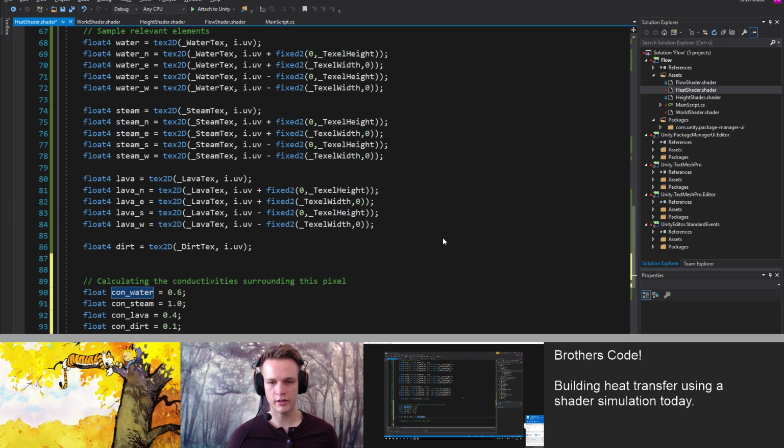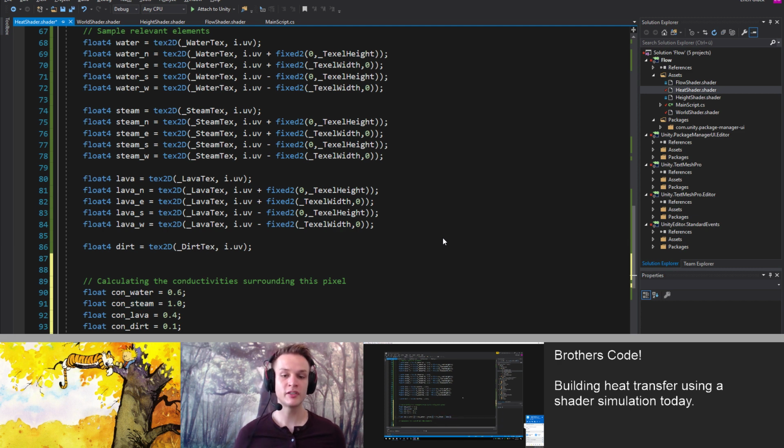Oh, I just realized something. We actually do need conductivity and capacity, right? Because if you just take the average, then you would say, hold on, is this right? Okay, I think this will work, but I think we also need capacity. But maybe you can just bake it into conductivity.